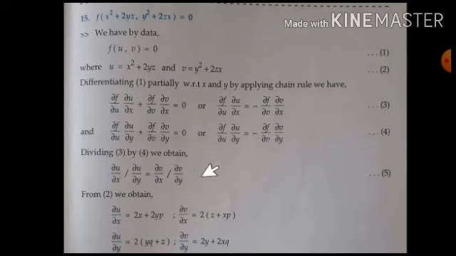So here what differs is the partial derivative of u with respect to x and v with respect to x, and the partial derivative of u with respect to y and v with respect to y. So based on u and v, only the u and v functions change in all the problems of composite functions. Till this step it is the same in all the problems if you are asked to form a partial differential equation of a composite function.